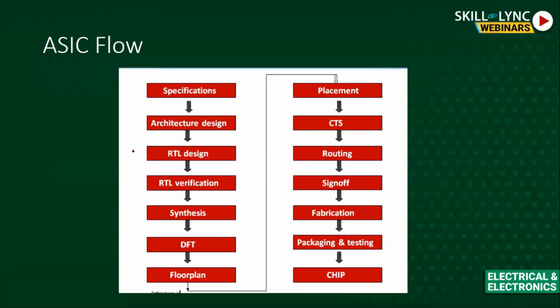Whatever circuit we have developed, the end product is going to do only one kind of functionality, the one which we had in mind or thought of designing. That is the only thing which is going to work after it is fabricated. That's why we call it application specific integrated circuit. So let's see what the steps involved in this are, starting with specifications.